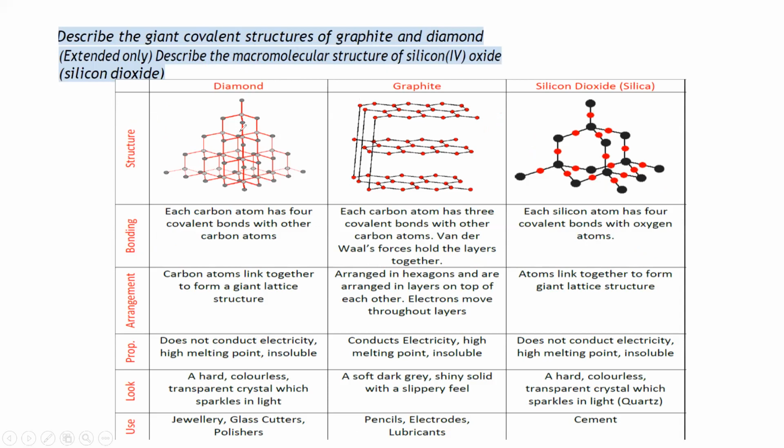So this is a structure of a diamond. You can see it will continue, but in exam, you don't have to draw the whole thing. What you will do in exam, so if they ask to draw the structure of the diamond, then you should only draw till this point. That's it. Same way, if they ask to draw the structure of graphite, you don't have to draw the full structure. Just 2 layers are enough